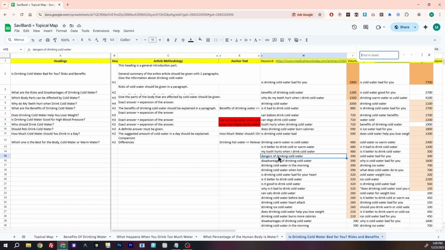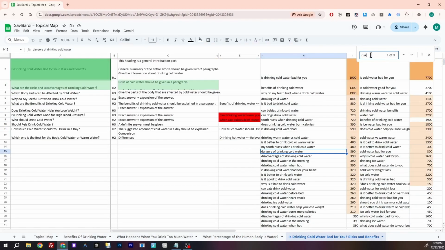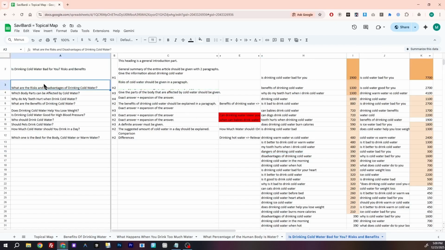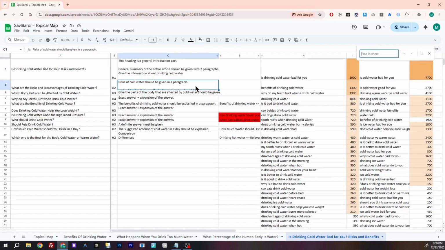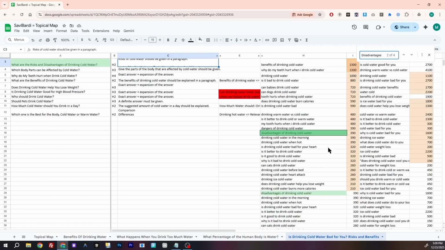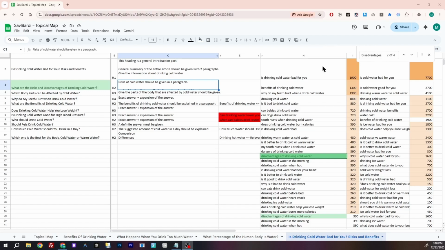For example, we search for the word risk, so it is showing in our contextual vector, and in some of the queries, one or two times it shows. So inside our contextual vector, we have the word disadvantages. For example, if we search for it, it also appears in the queries. The reason that we use risk and disadvantages is that both are coming from queries, but we prioritize here